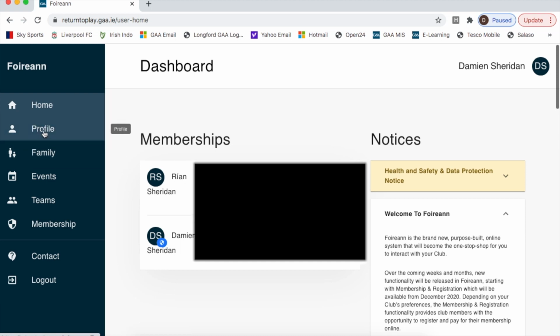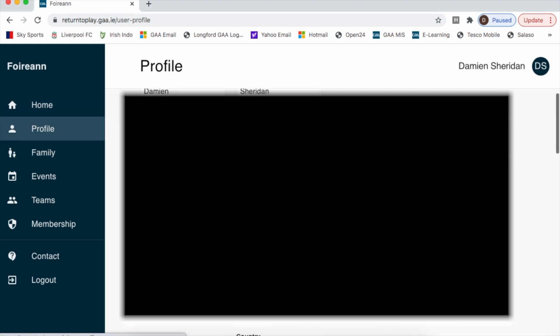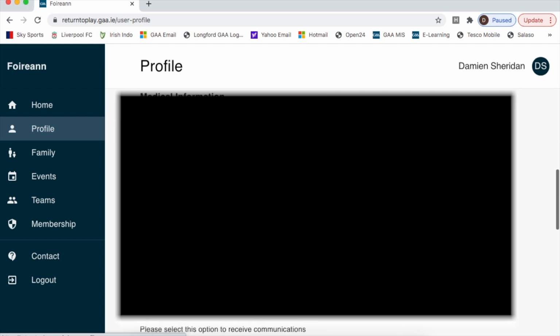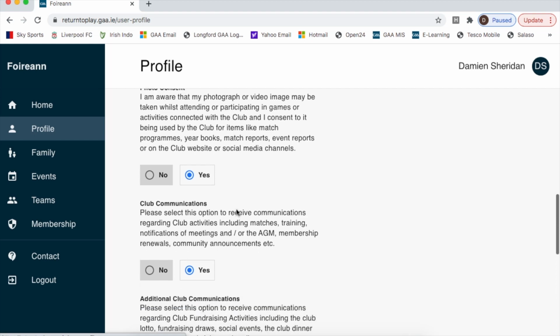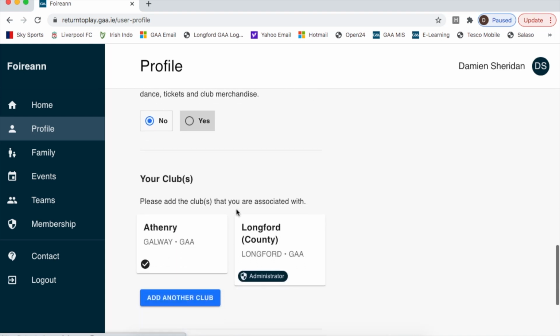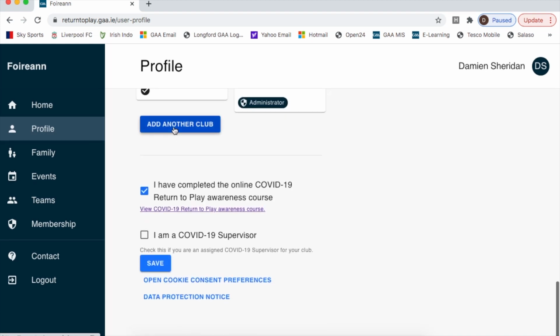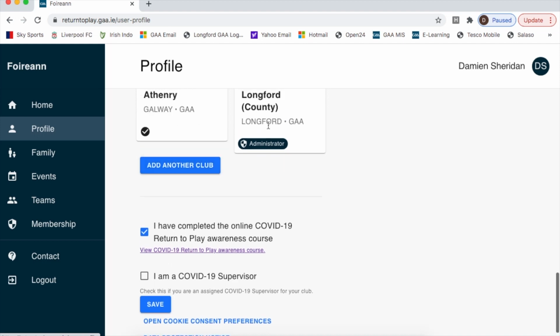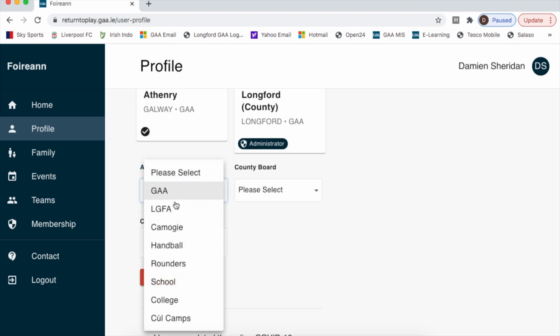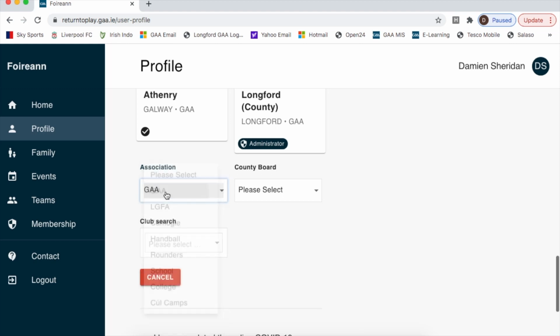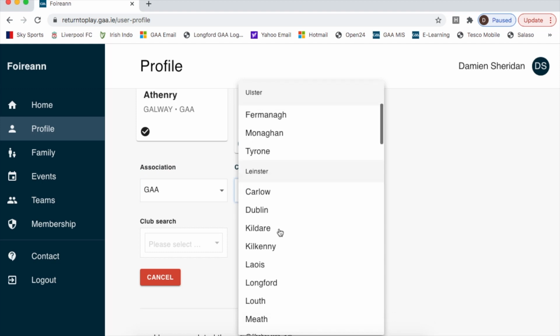Second step then is you go into your profile. So we have our information there, my address and all the rest. Then you complete the couple of questionnaires there, and you go down here. So you're going to add a club. So this is my club and Longford both here, but for the purposes of this, I'm going to add a Longford club. So the association is GAA. You have other options here. So if you're setting it up for your ladies club, then you're picking LGFA. But for our purposes, GAA, we're going to go into Longford,